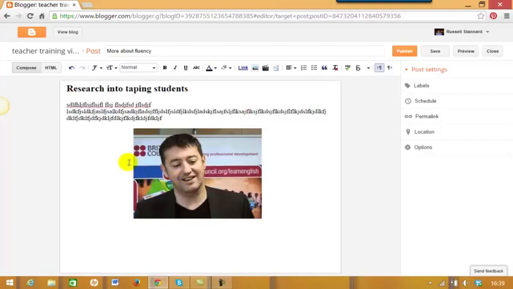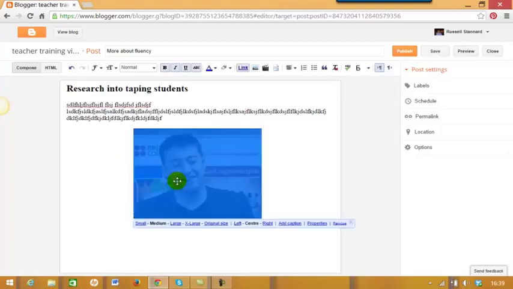Now we're not limited to have the image in the middle. If we click here, there are a few things that we can do just by clicking on the image. First of all, we can shift it to the left or shift it to the right. We can make it smaller or larger. You've got various sizes, or you can always set it to the original size. You can add caption